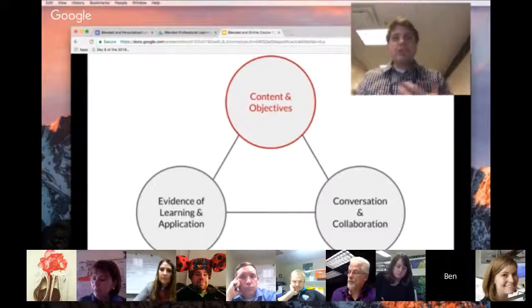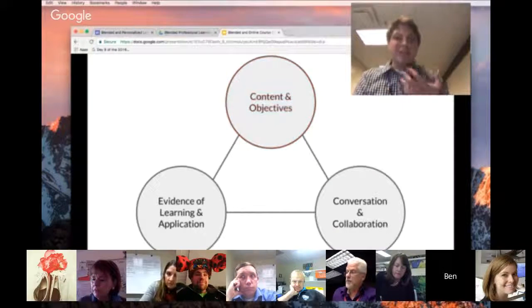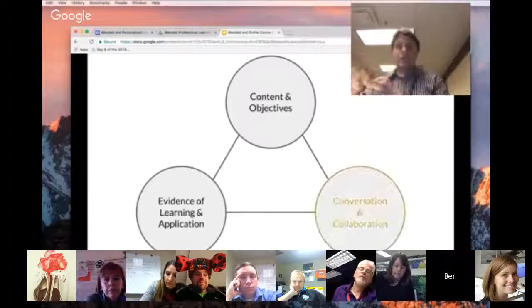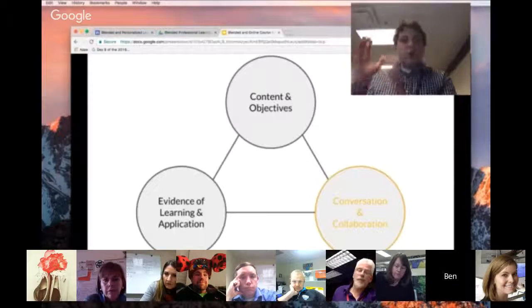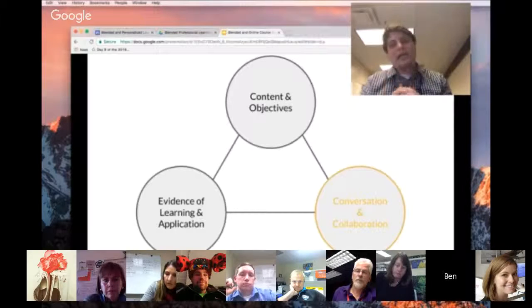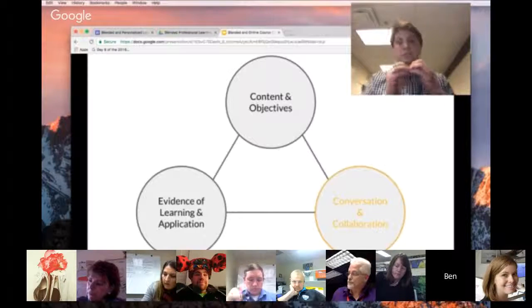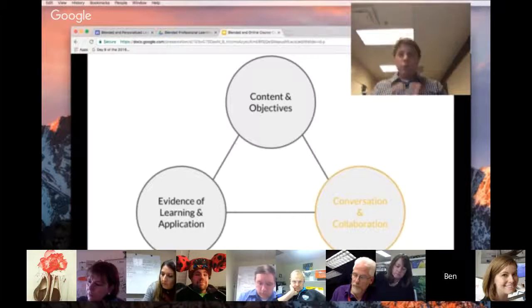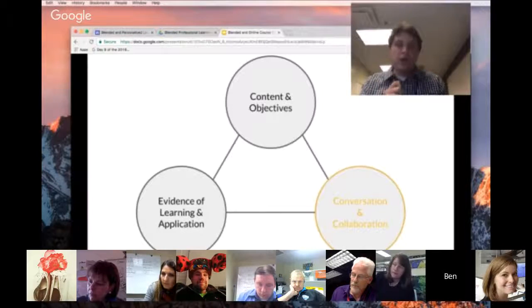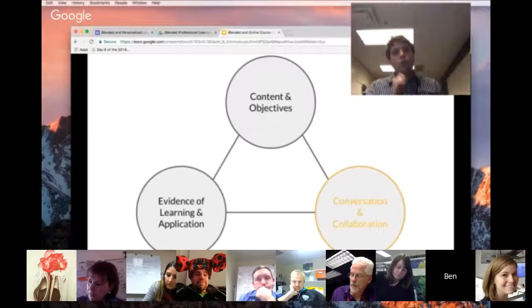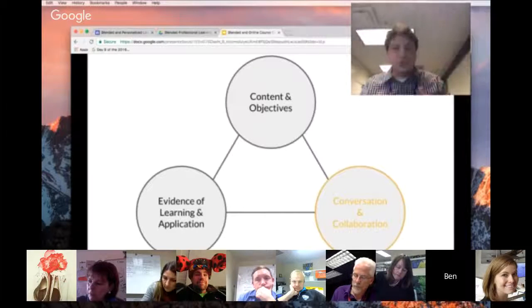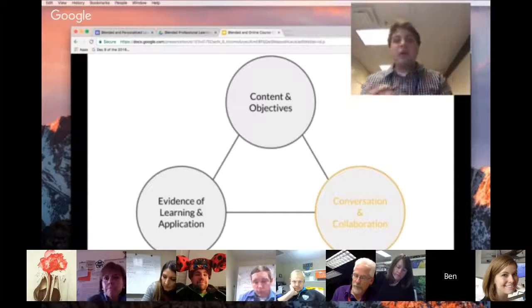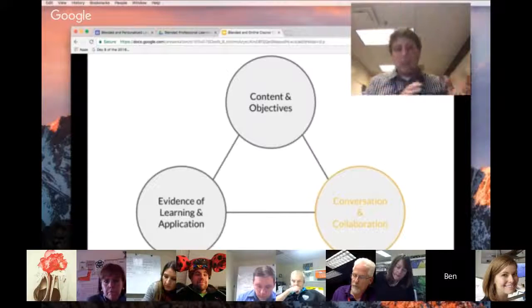The recommendation that I would like to move forward with is that we shift that a little bit, and that we focus on the conversation and collaboration component as the core experiences. Not that we wouldn't have extremely strong content and objectives, or that we wouldn't have folks sharing their evidence of learning and applying it,